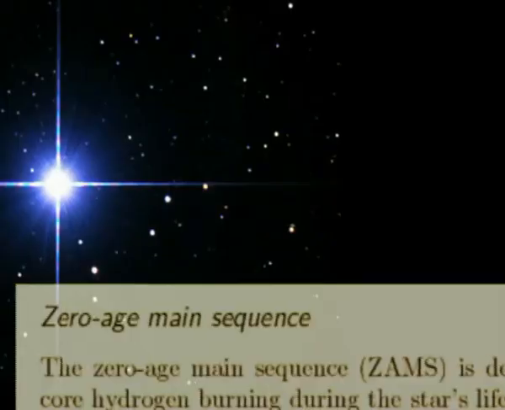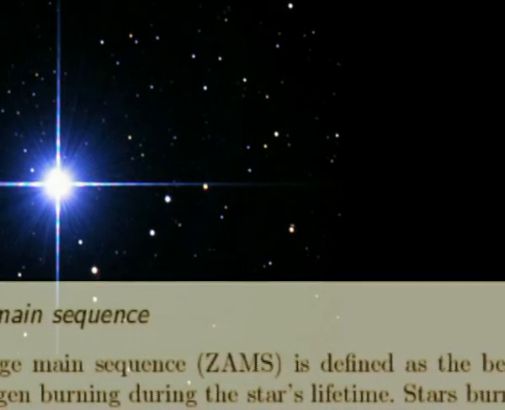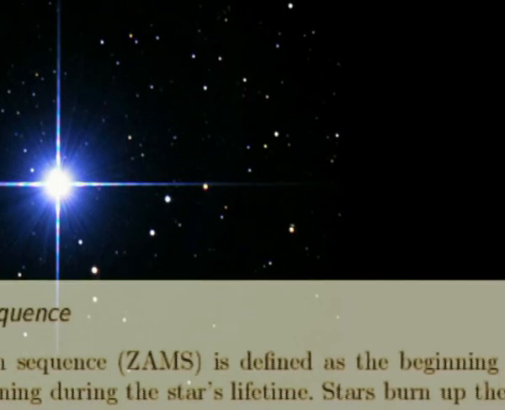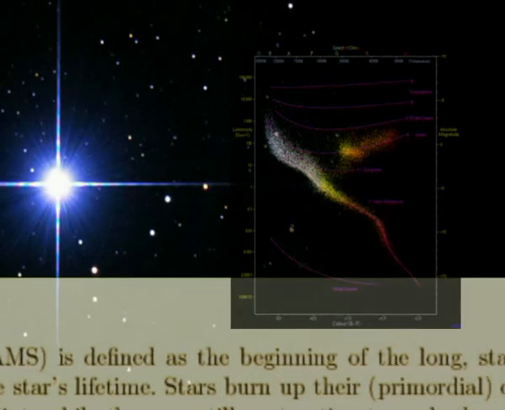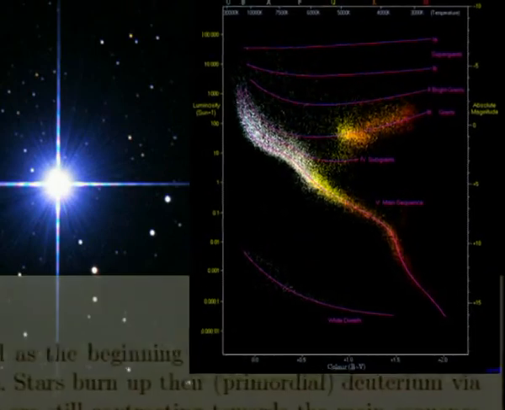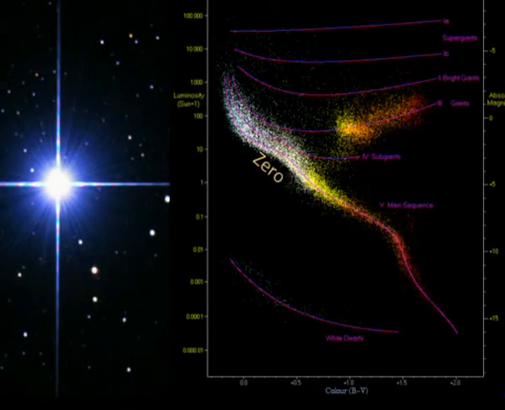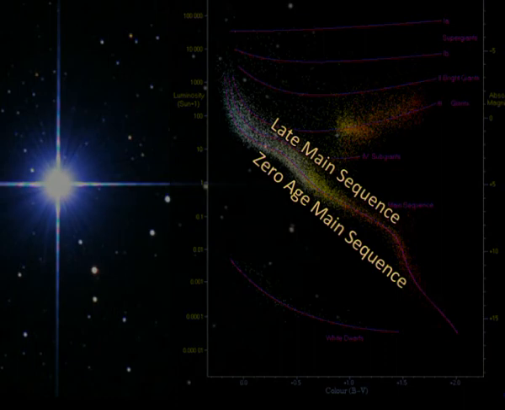Zero-age main sequence stars, ZAMS, are newly formed stars that have just joined the main sequence on the Hertzsprung-Russell diagram. They are found on the lower edge of the main sequence band. The star will remain for most of its life as part of the main sequence, changing only slightly in temperature and luminosity as it ages. These small changes in brightness and temperature cause the star to migrate from the lower edge of the main sequence band to its upper edge.